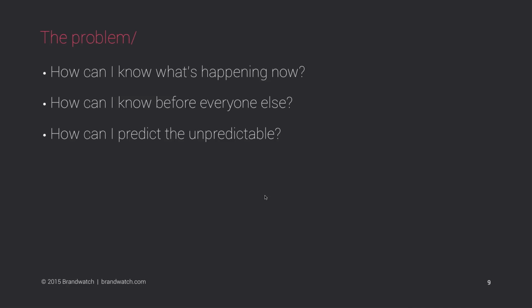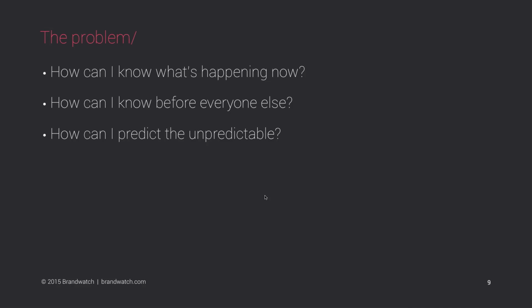I see the three areas for Signals as: how can I know what's happening right now, how can I know before everyone else what that is, and how can I predict the unpredictable. Those are three questions that I've had come from a lot of clients. I wanted to resolve that and come up with a solution that would make those problems go away